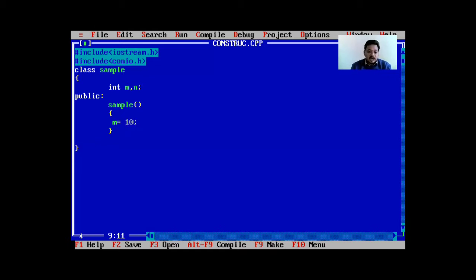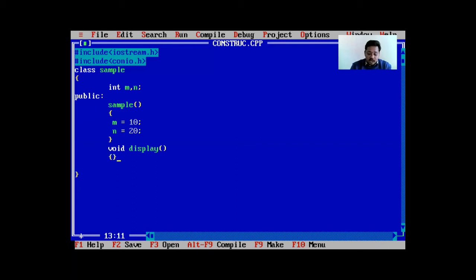That means here I am giving some default value that is 10 to variable m and then n is equal to 20. So here I have given 20 value to variable n. So whenever this constructor is invoked, the value of m is initialized to 10 and the value of n is initialized to 20.